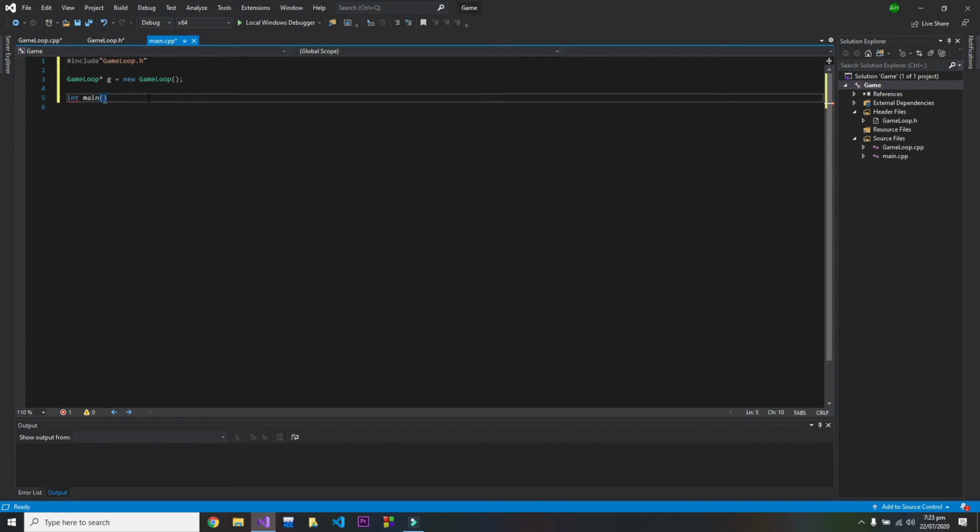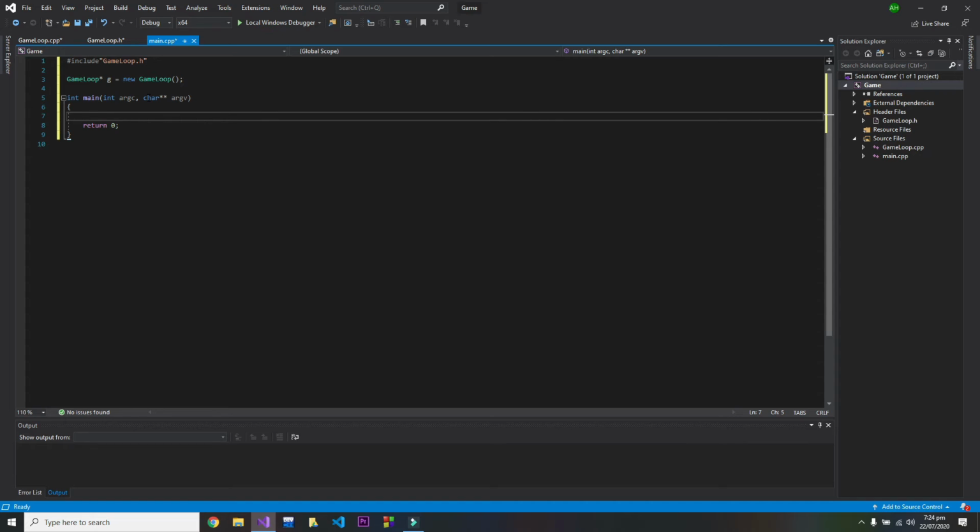So there is a main function and it takes some arguments, that is int argc and char pointer argv. It takes these arguments, but otherwise it works the same as a normal main. I will use my game pointer to first of all initialize,